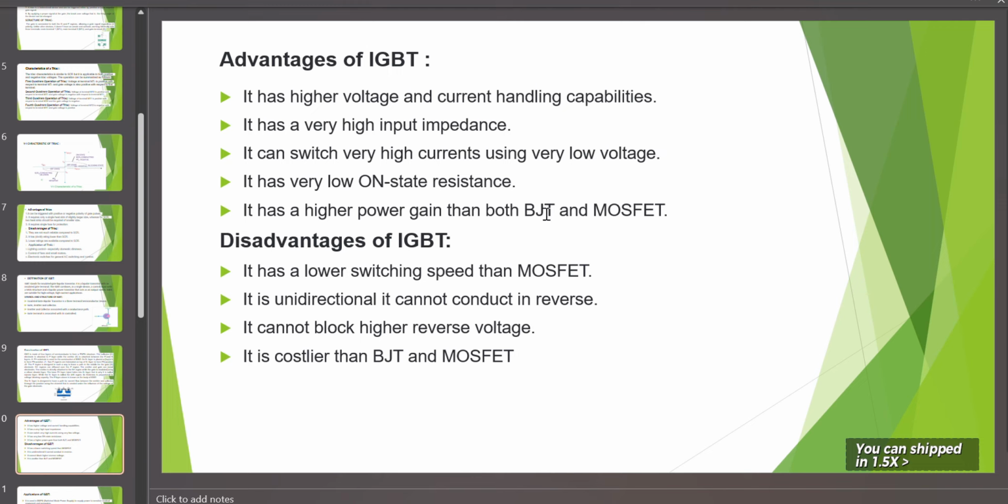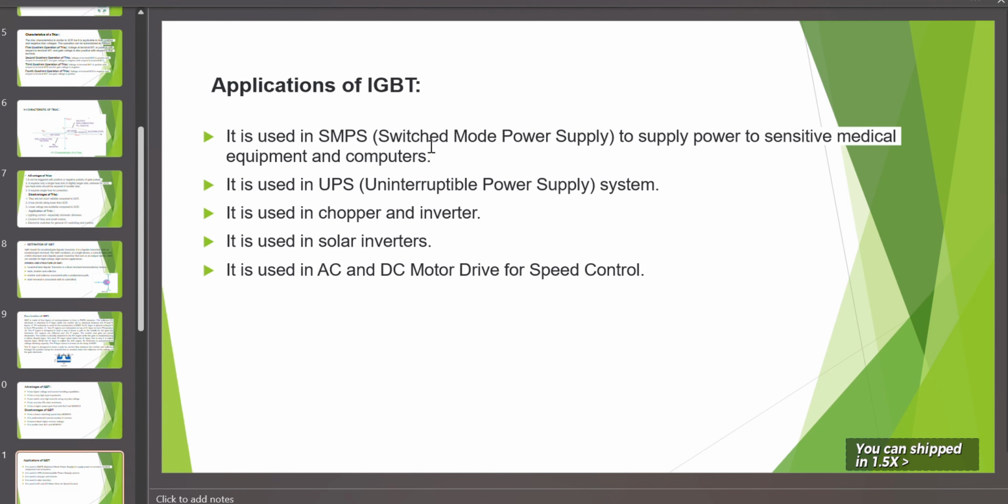And disadvantage, it has a lower switching speed than MOSFET, মানে MOSFET এর থেকে switching speed খুবই কম। It is unidirectional, মানে unidirectional, it cannot conduct in reverse, only forward bias condition. It cannot block higher reverse voltage, মানে higher reverse voltage block করতে পারে না। It is costlier than BJT and MOSFET, মানে MOSFET এবং BJT থেকে এর কস্ট মানে দাম বেশি পড়ে। হ্যাঁ, নেক্সট স্লাইড, অ্যাপ্লিকেশন অফ IGBT. ওকে,